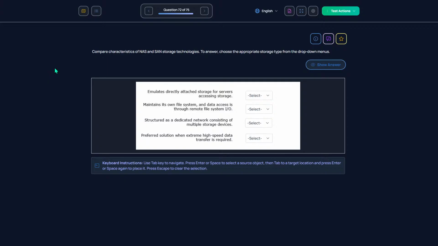Compare the characteristics of NAS and SAN. Emulates directly attached storage for server access storage. That would be a NAS, right?